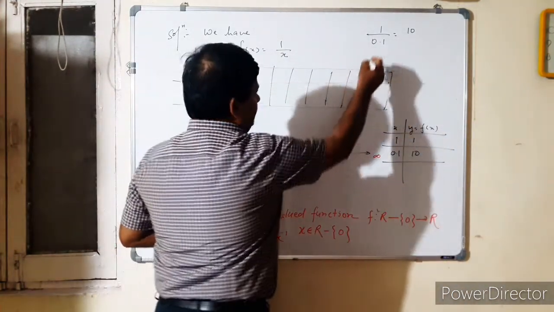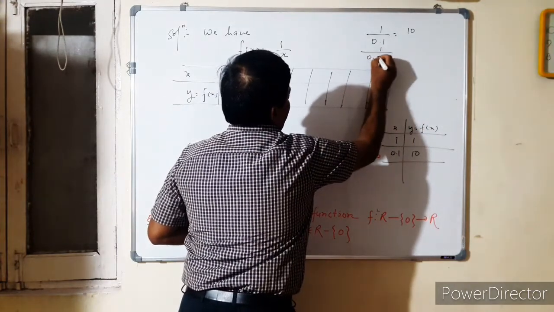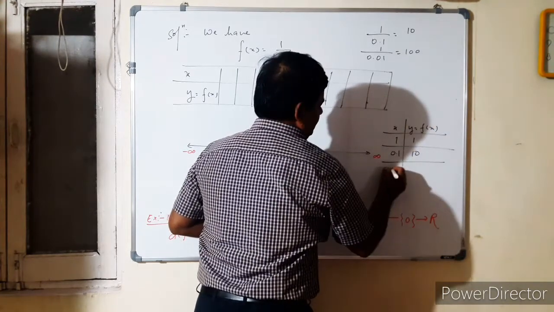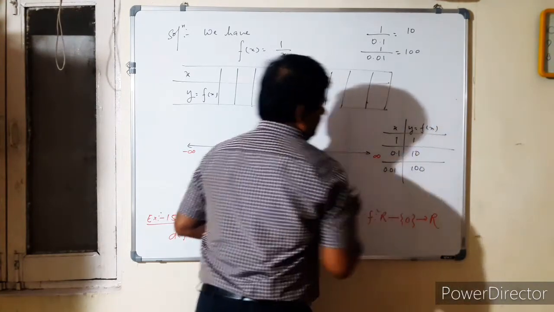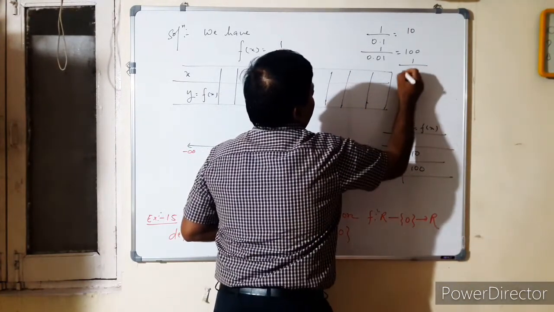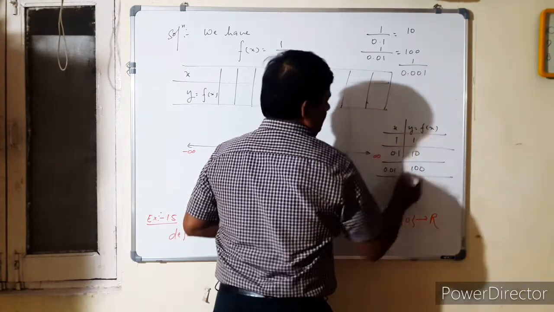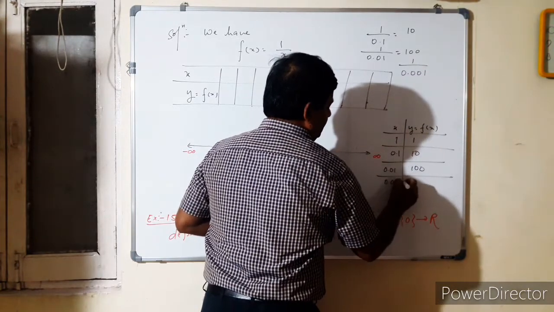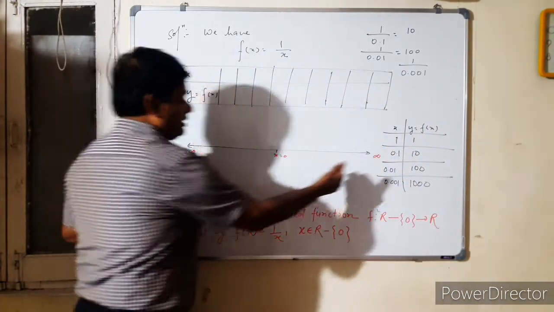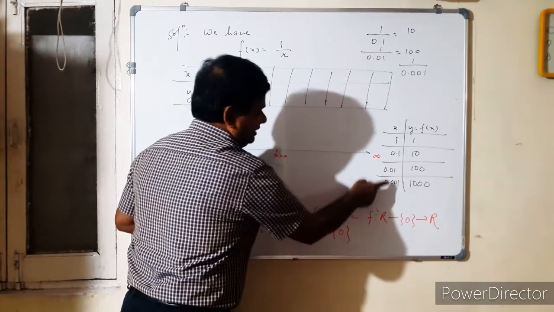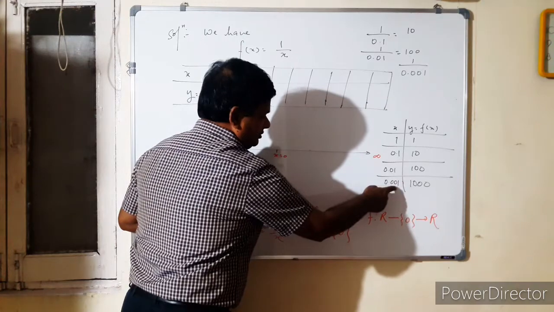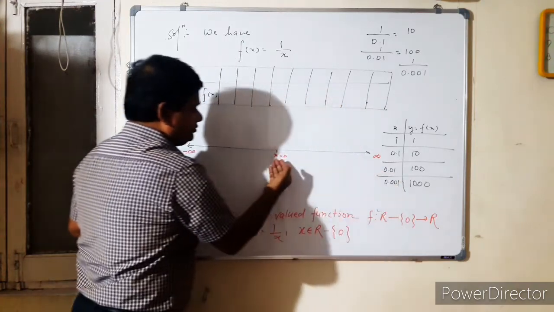If you take 1 by 0.01, this becomes 100. If you take 1 by 0.001, it becomes 1000. It means when you are coming towards 0, see here 1, 0.1, 0.01, 0.001, when you are coming towards